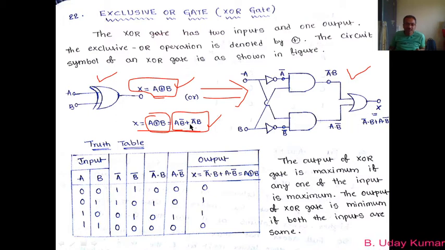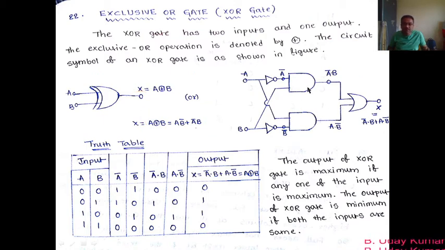at the end we have plus here, right? So plus means at the end there will be an OR gate. Let me explain everything slowly. If you want to understand this equation, I will come from the back of this entire circuit diagram. Let me arrange everything. So what is the logical equation of XOR gate? The logical equation of XOR gate is given by A B bar plus A bar B, right?